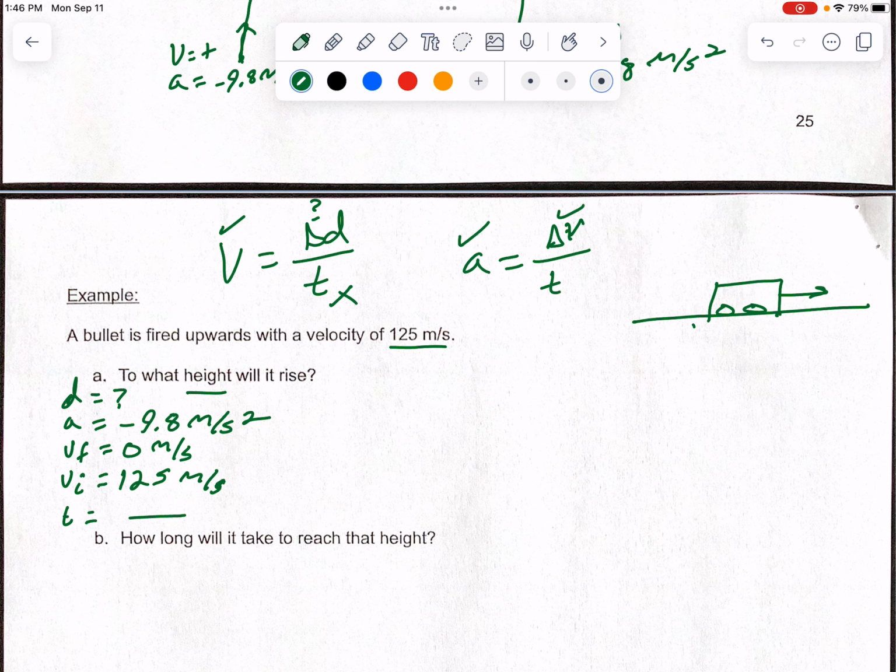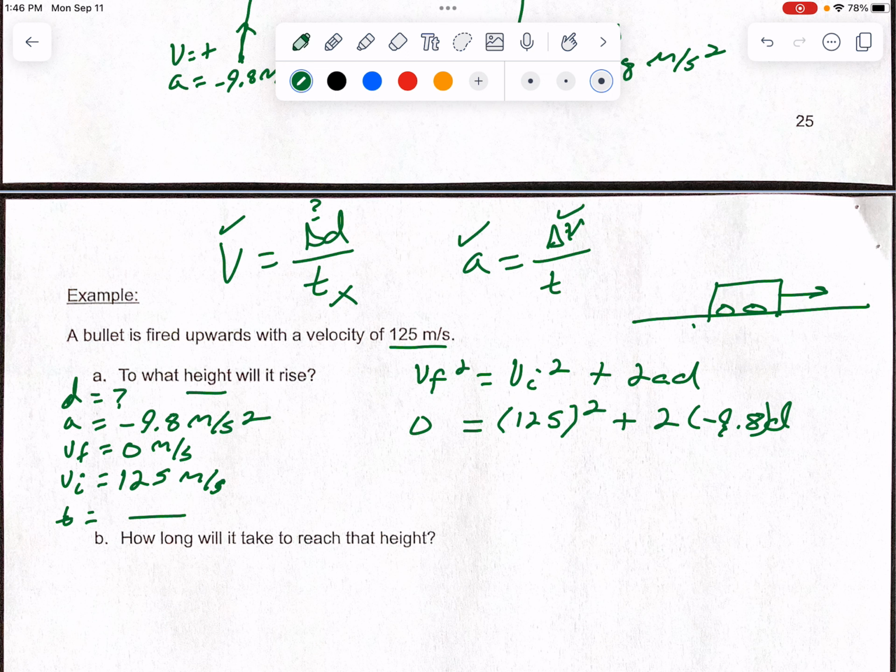So remember, if you go back to your equation sheet, we're not going to use the equation that's associated with displacement. We're going to use the one that's associated with time, the one they did not mention. So you'd use that fifth equation, VF squared equals VI squared plus 2AD. Okay, so now we're going to plug in. So 0 squared is going to be 0. VI is 125, and that's squared, plus 2 times negative 9.8